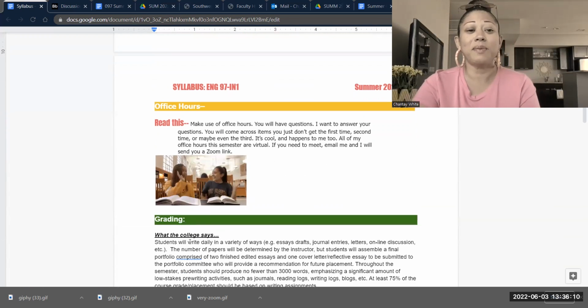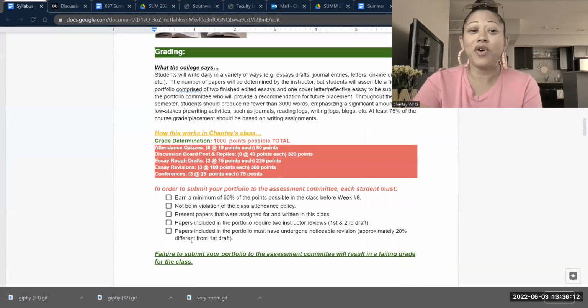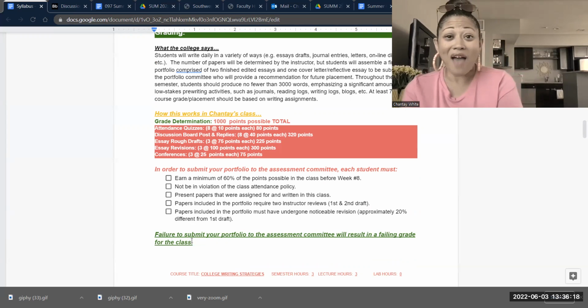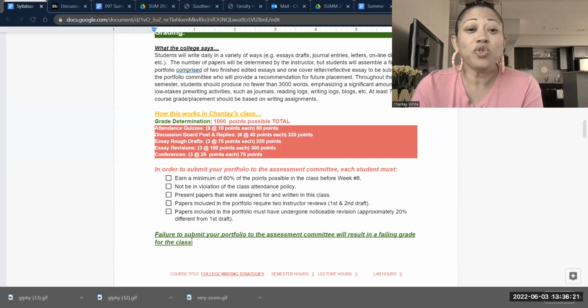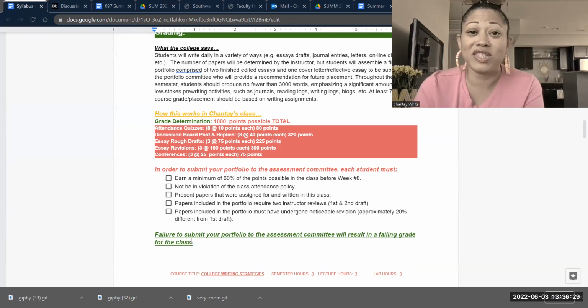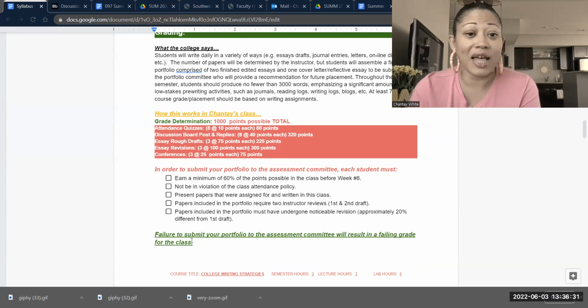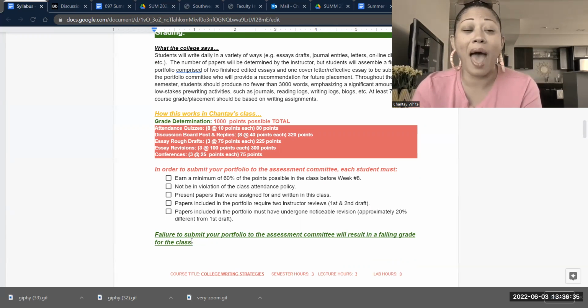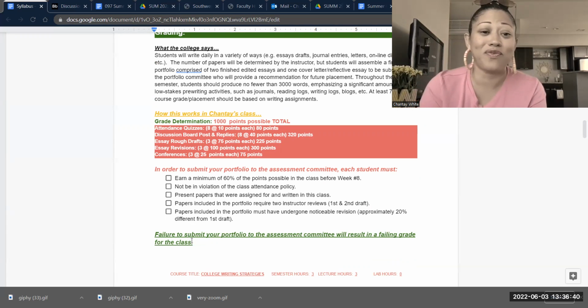I already talked a little bit about office hours. So I'm going to go ahead and move to grading. So in this class, right, we have very few grades, but we do have 1,000 points. So each week, your day will start on Tuesday with your discussion board. In that discussion board, you'll find the links for everything that I want you to watch if it's a video, or do if it's an assignment, as well as your weekly attendance quiz. So everything will happen in the discussion board. Everything will be there in one place so that you can find it.